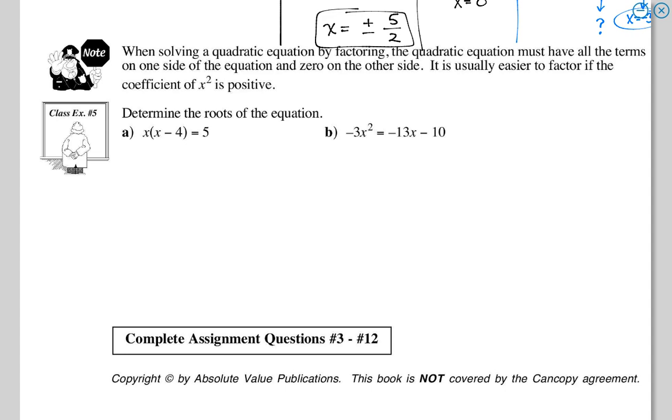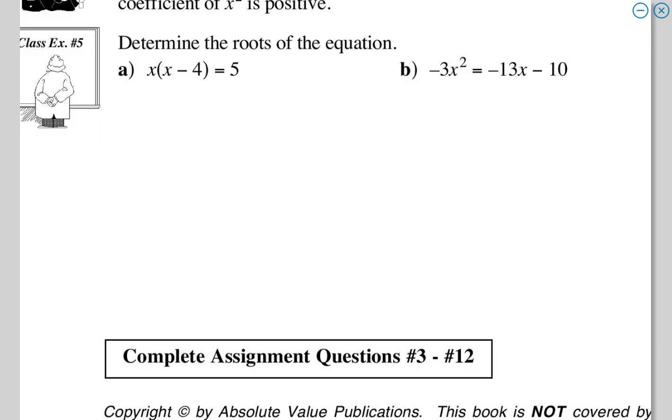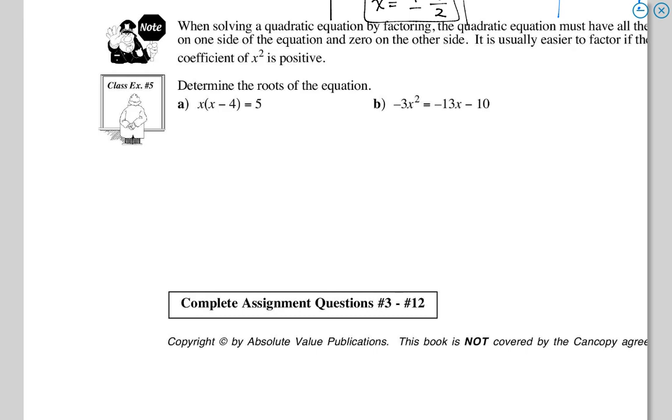All right. So class example 5 is where they're trying to mess with you. Class example 5, they legit are just trying to mess with you. Because you can't just jump in here. You can't say like, oh, x is 0, x is 4, because what does it equal? Not 0, it equals 5. So what you have to do, and I'll jot this down on the side,